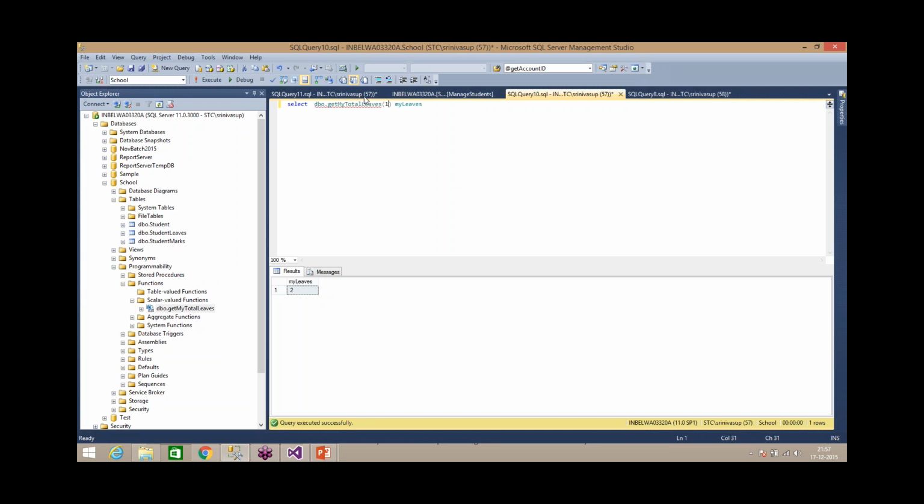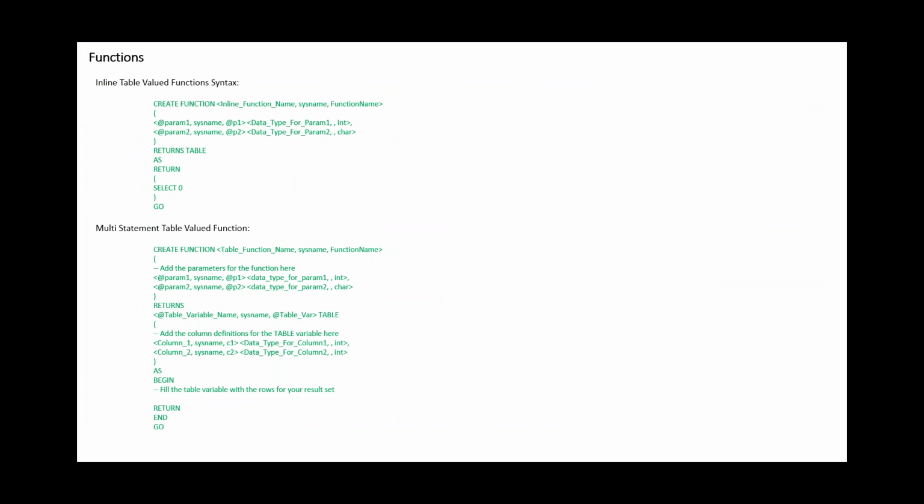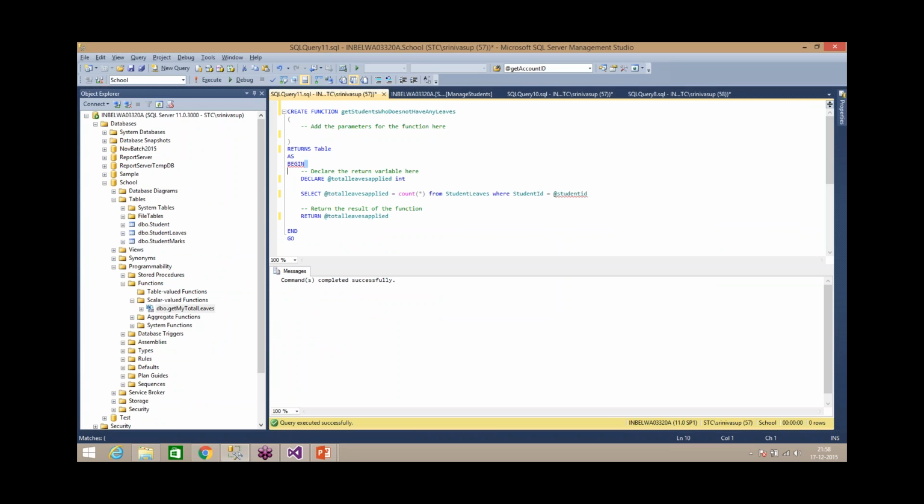Another variant in our functions is table valued functions. What I will do: get students who do not have any leaves. I need not pass anything, that's fine, and return a table. The syntax for this is create function, function name, returns table, as return, no need of anything, you can directly return the result. I'm just taking the names